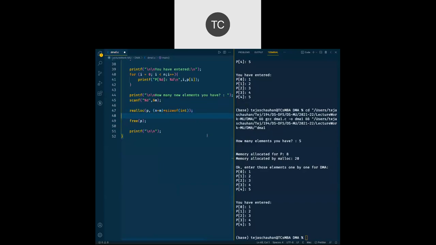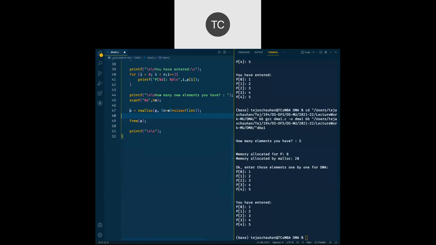So that's the amount of memory we require. Okay, you have to remember this: here you give the new size, not only the new elements, you are going to allocate the whole new block. So n plus m multiplied by size of integer. Realloc will do everything for you, and again we will store the same address in p.